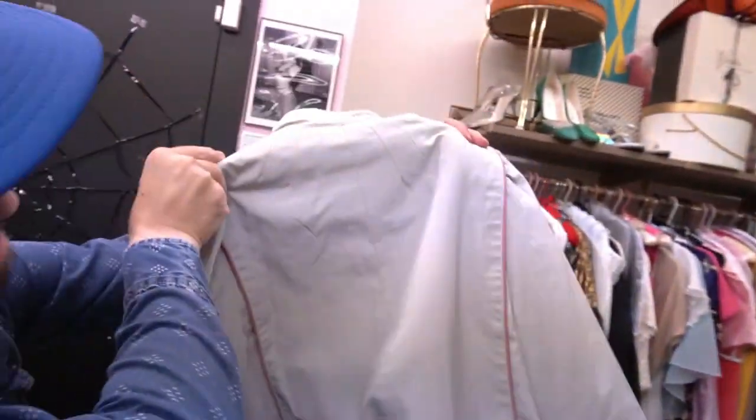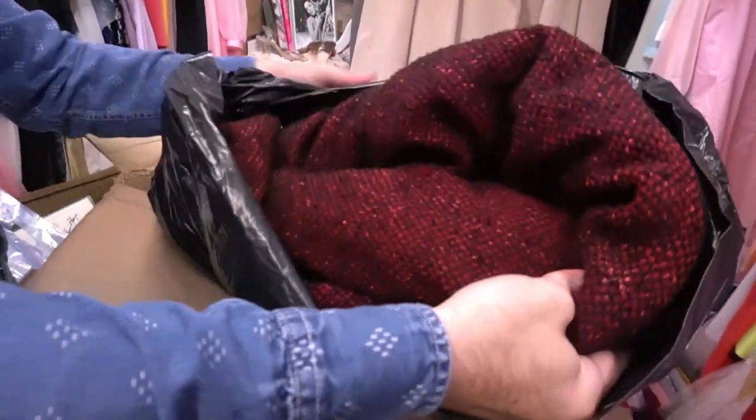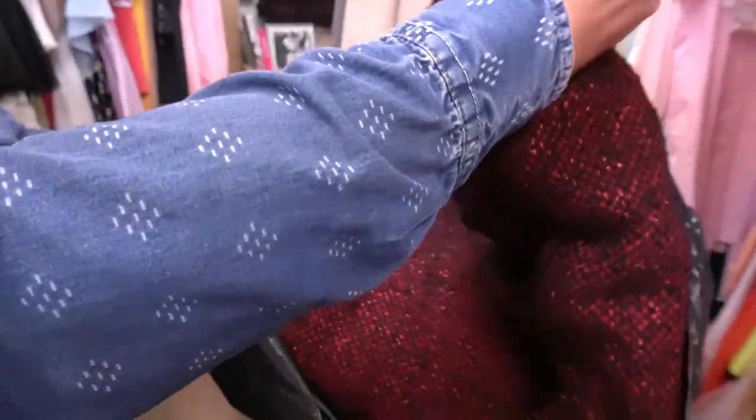Again, probably one of the more modern pieces she was talking about. In perfect condition. Throw a belt on that, and oh, it's good. It's absolutely amazing. Then we have this